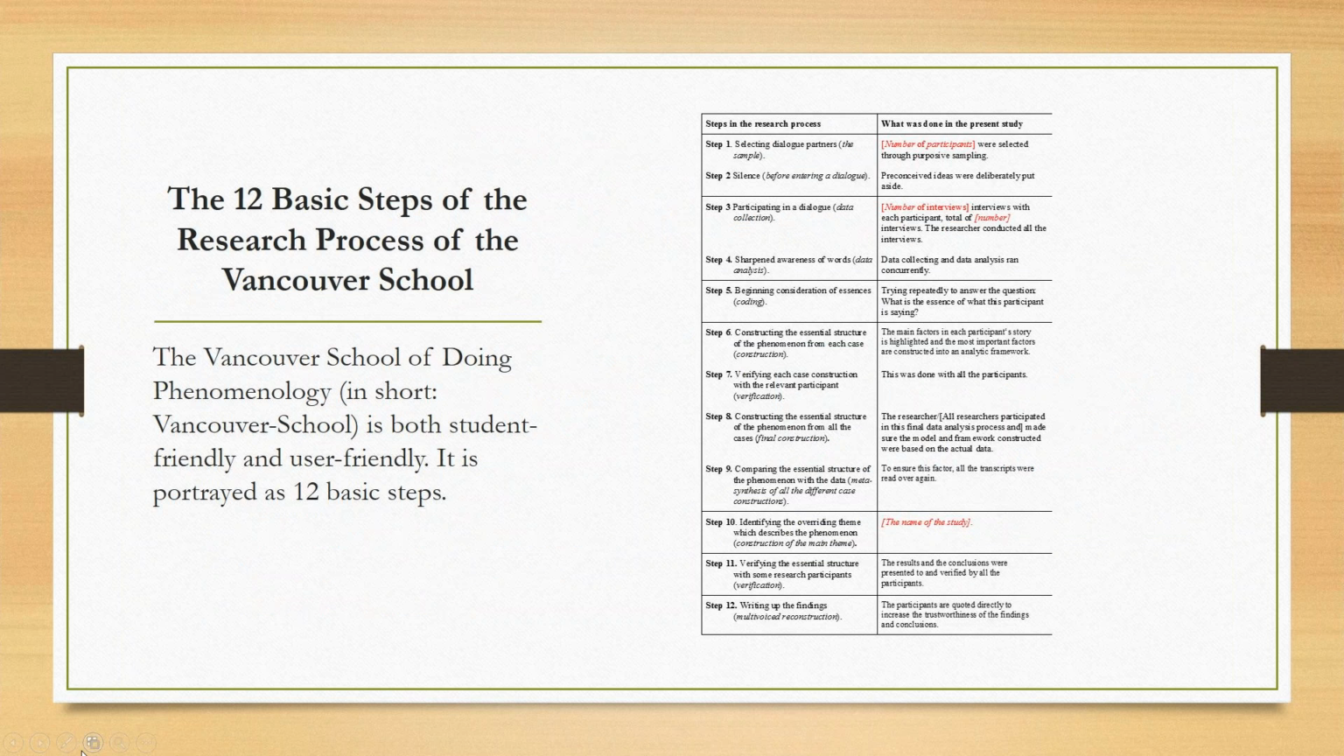Now, there are 12 basic steps of the research process of the Vancouver School. Don't worry that it's very small. I will take each 3 steps at a time. So it's just to show that there are 12 basic steps. And the full name of the school is the Vancouver School of Doing Phenomenology, but it's always referred to as the Vancouver School. And it's both student-friendly and user-friendly, because it was